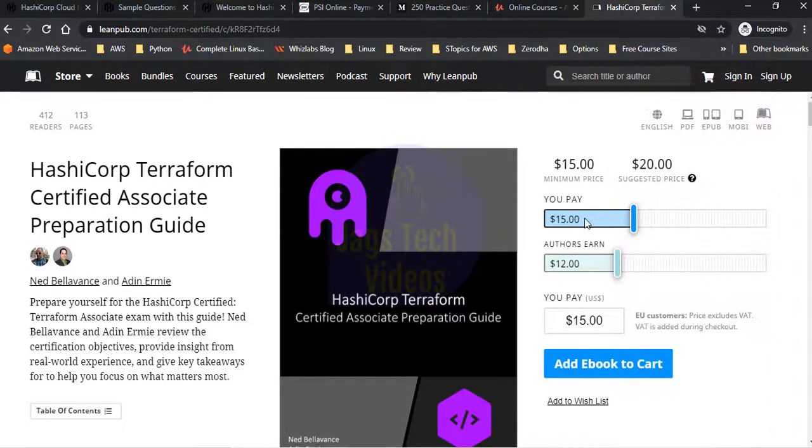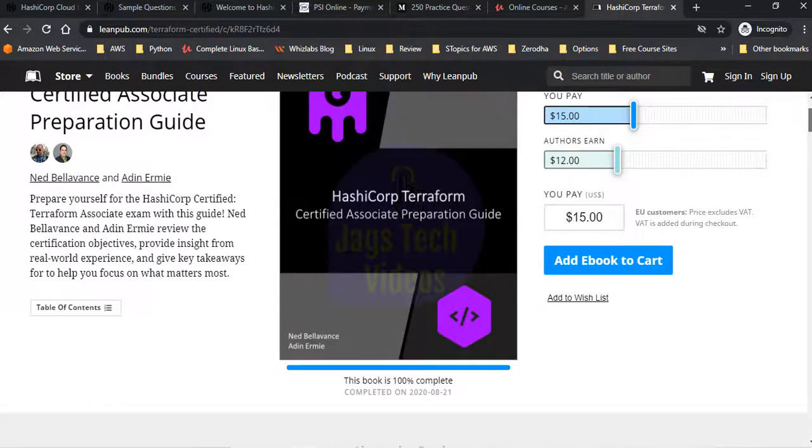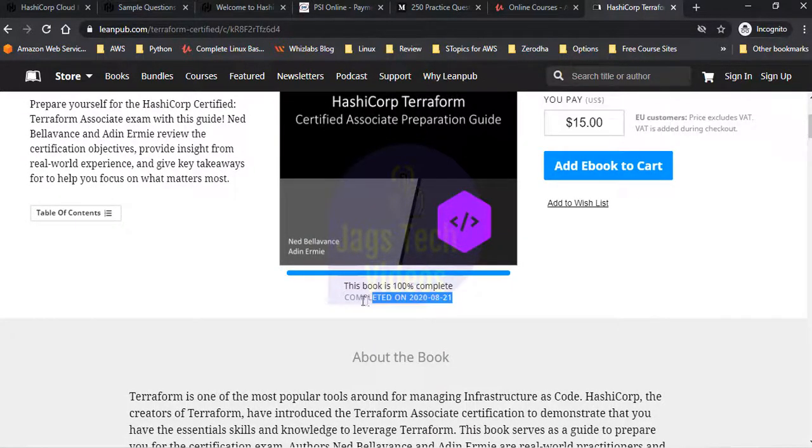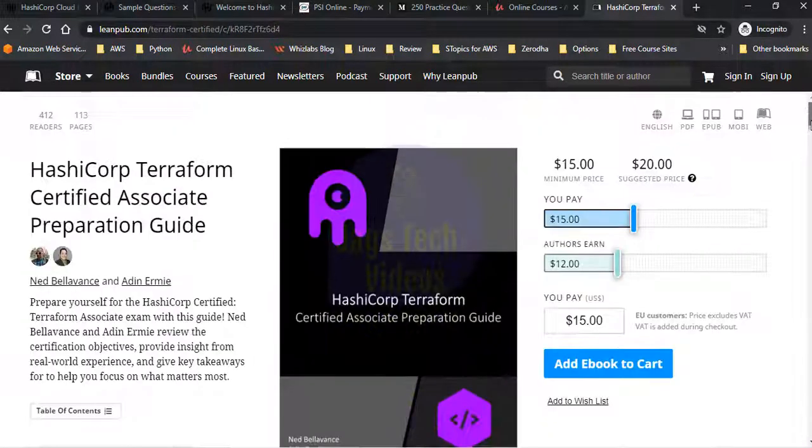But from my point of view, I would first suggest you go with the Zilbora course. I'm nowhere linked with them, but still the course is really good. And yeah, this is the fourth one. Please sort them in order: first the Zilbora course, then the medium questions, then the Brian practice test, and then if you want, you can further purchase this book and read it. And also the practice test by Quiz Experts is also good. Okay, and that's it.